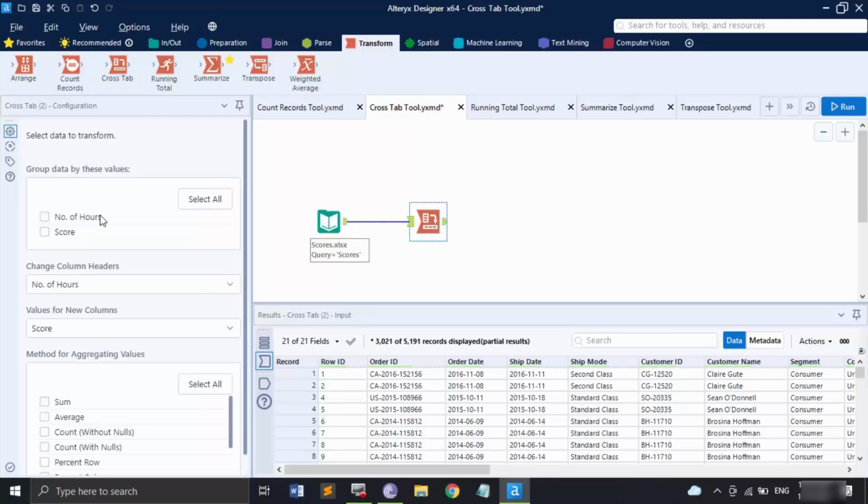Now once we get there, it would ask us if we want to group the data by any of these values. So it is all the available data values that are present in the data set. If you want it to be grouped with a specific value, you can just select that. Next is